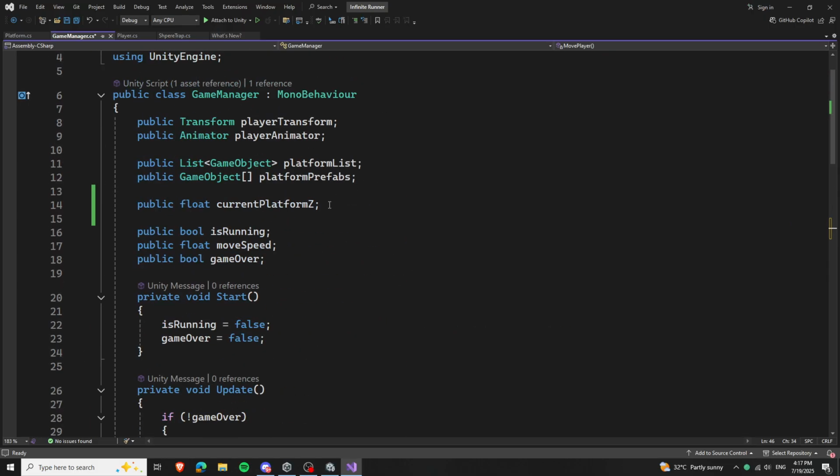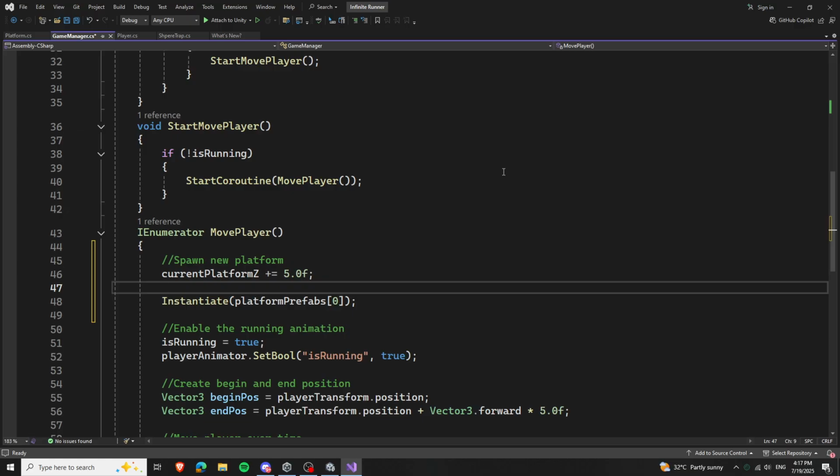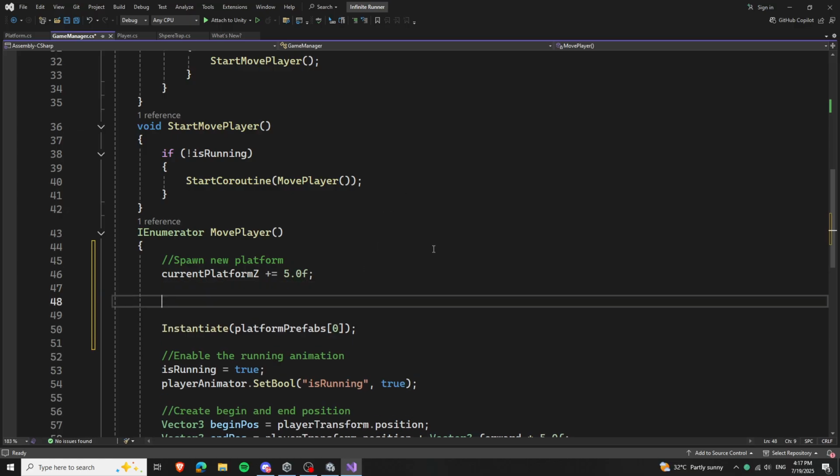So for that we just create a random value. So let's say here float distance from center, we say, and then let's just give it a value